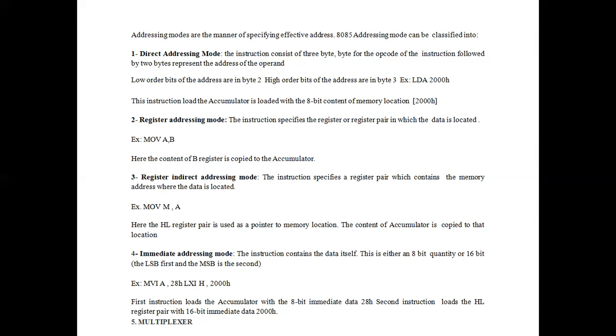For example, MVI A, 28. So 28 immediate data is moved to the accumulator. Then next, implied addressing mode. For example, CMA, complement accumulator, means it will complement the value. So when the address itself is stored in the instruction, that is called implied addressing mode.